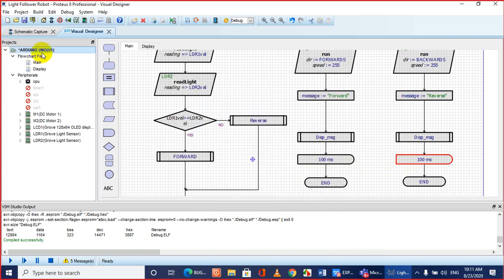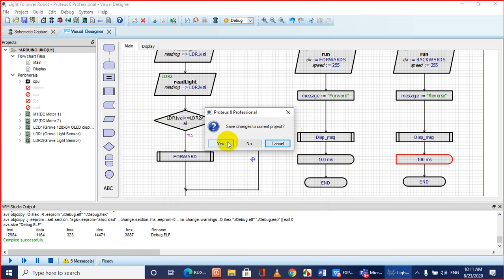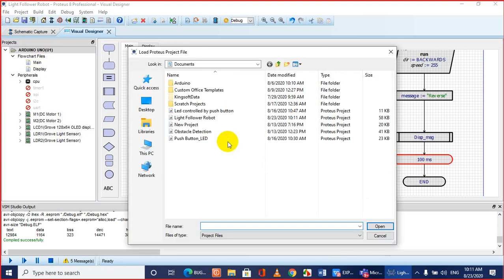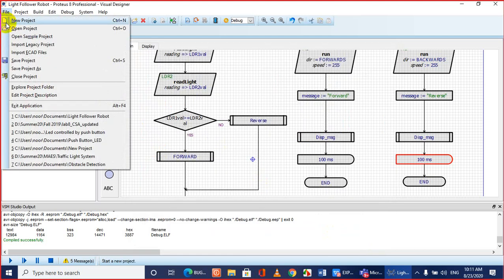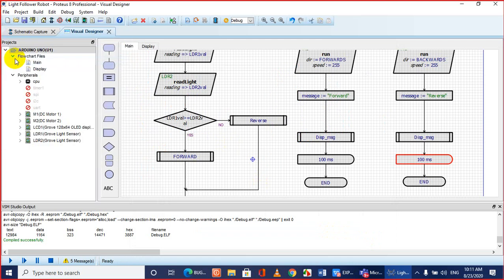Okay, so save the project. Fine. Save project. Now again run the simulation.